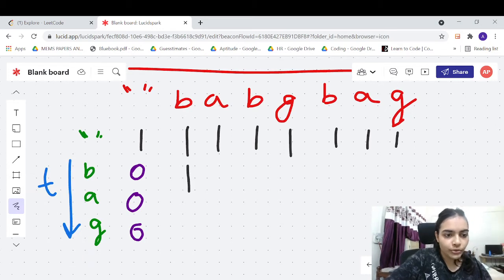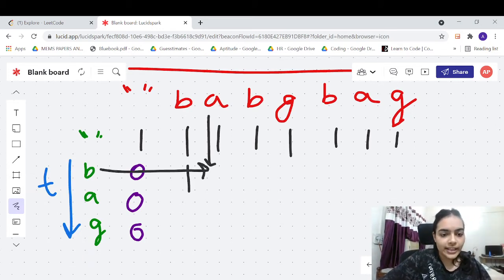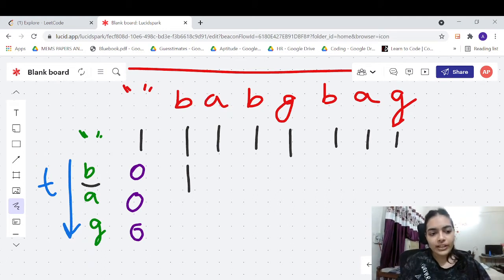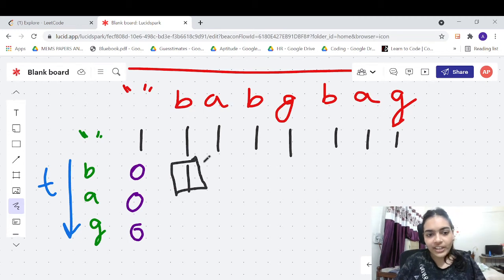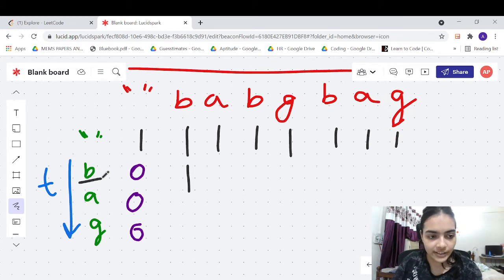Okay, let's move forward. Now we have this particular row and this particular column. Now in this case the characters don't match. So the characters B and A don't match. So now the problem is very simple, because if the characters don't match, there is no way we can use A. A is useless, right? So you can try to just use the previous characters, because A is not matching with B. So we can look up the previous answer in the DP table and see if we can use the previous characters to make this B.